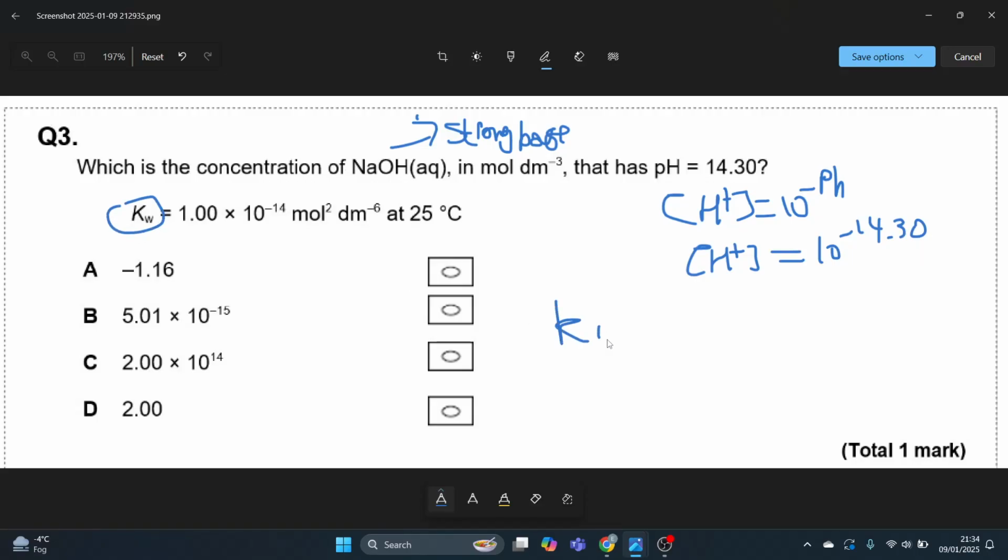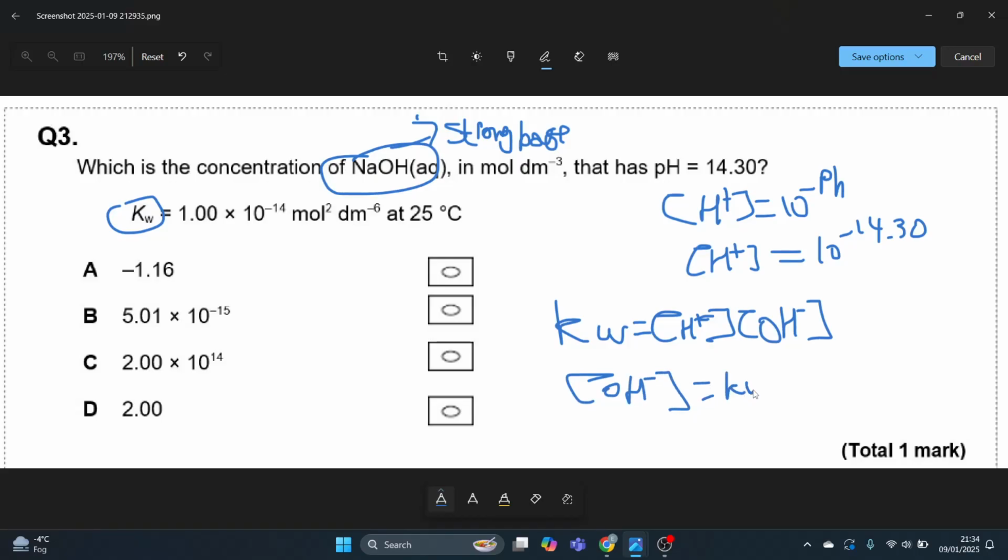Now, the ionic product of water, we're given Kw. We're going to have to rearrange the expression. Kw equals concentration of H plus ions times the concentration of OH minus ions. We want to find the concentration of OH minus ions, so OH minus equals Kw divided by concentration of H plus ions. Kw is given in the question as 1.0, and if it isn't given in the question, it's going to be 10 to the power minus 14, 9 times out of 10,